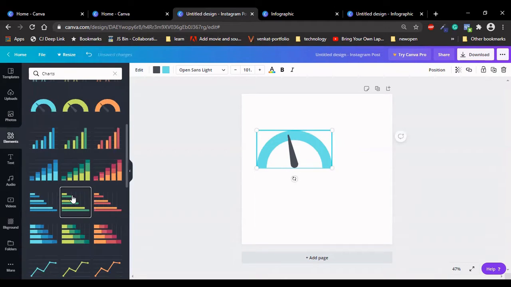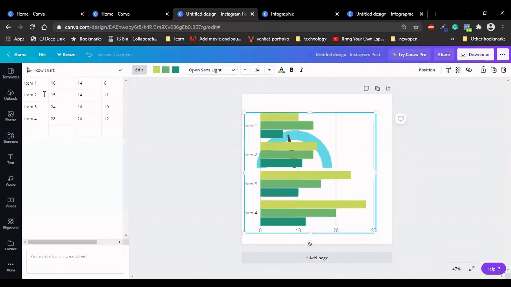Like you can change this item here. You can change the name of the item. Likewise, line 2 to blog, line 3 to affiliate, line 4 to amount.